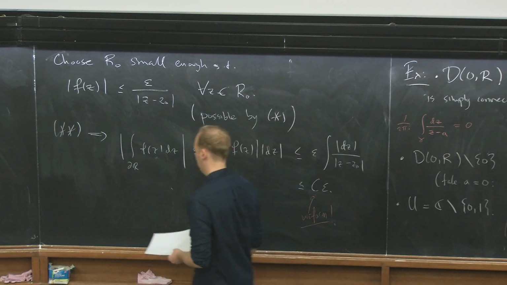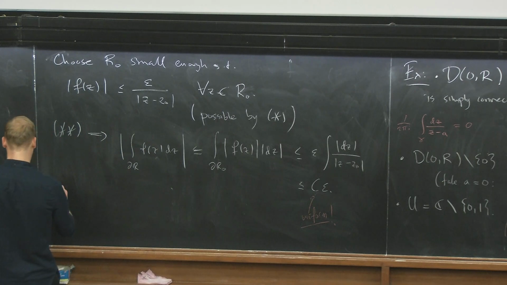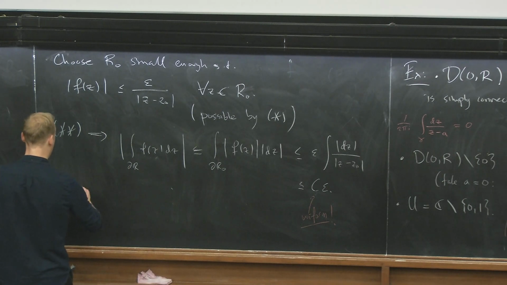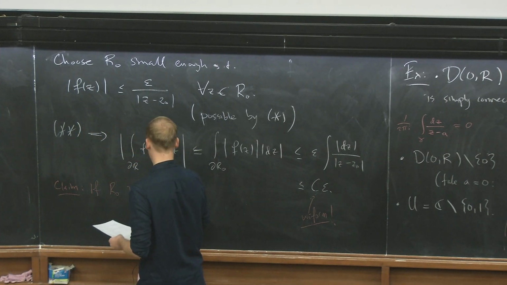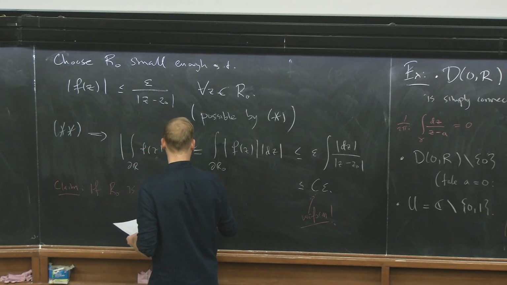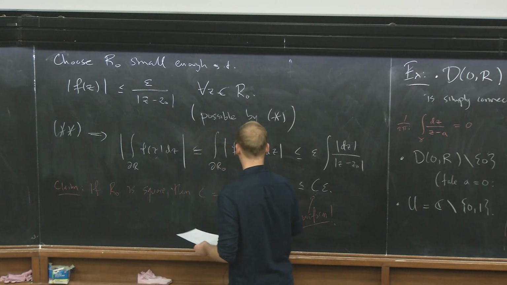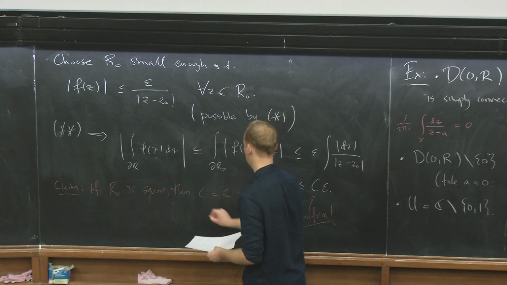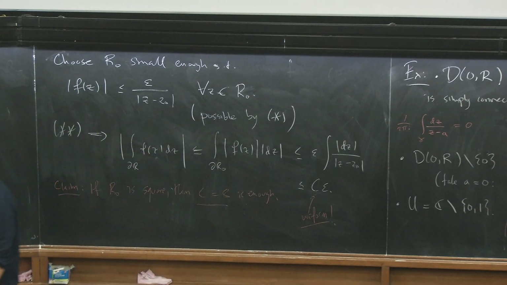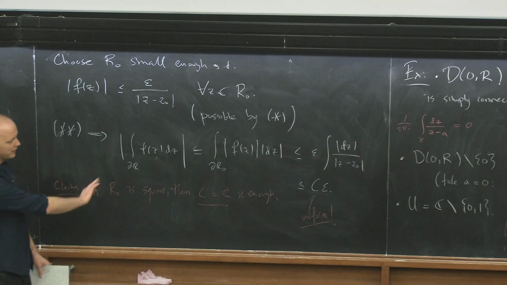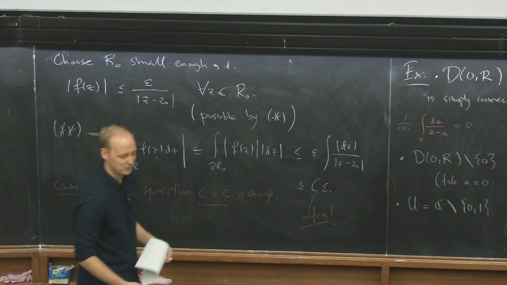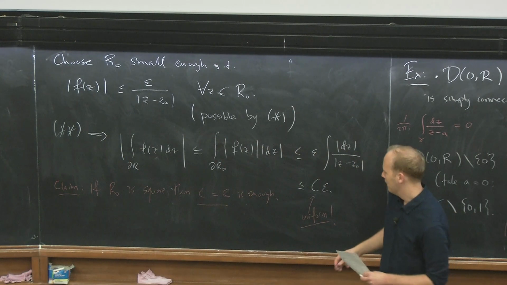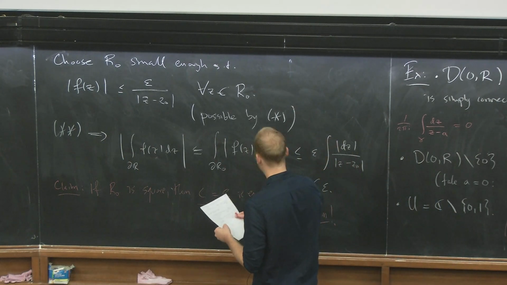So this is important. And the claim is that if R0 is a square, then I can take c equal to 8. Yeah, this one is nice. So, I could do it here in 2 lines, but I actually think it's nicer if you just think about it because it looks surprising. But basically, the point is that